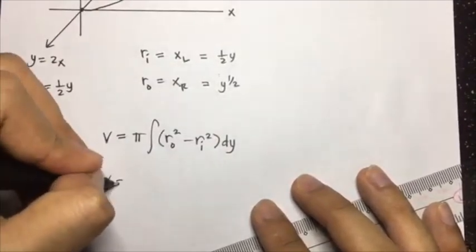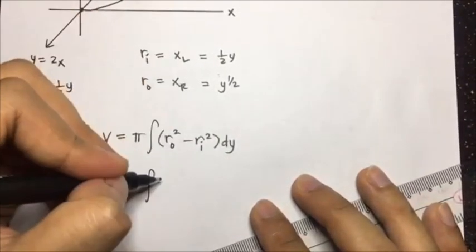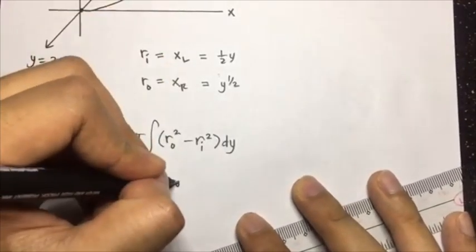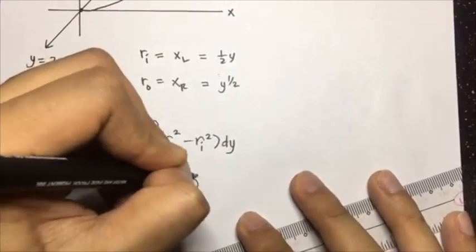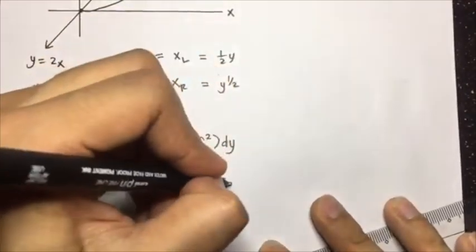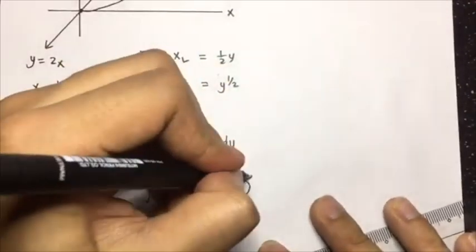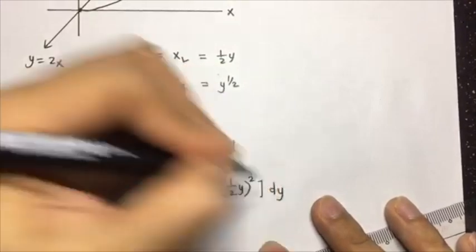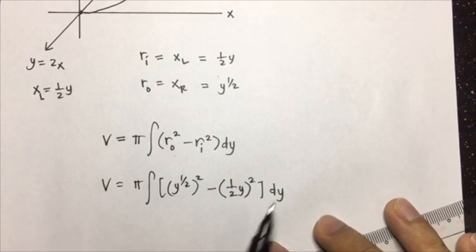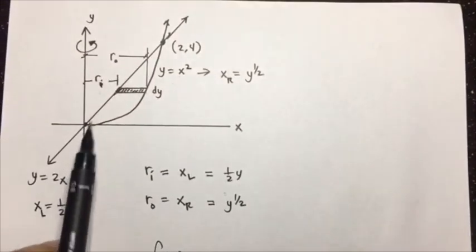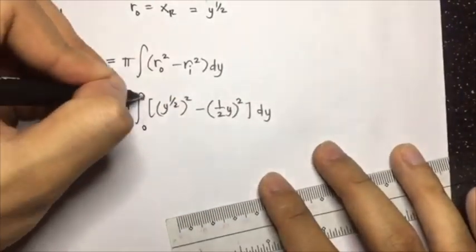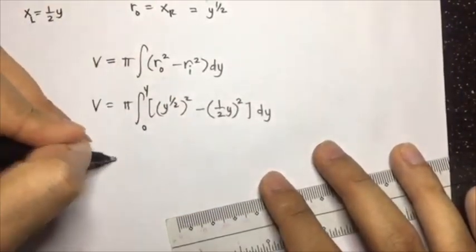Okay, so volume is equal to pi integral of outside radius, that is y raised to 1/2 squared, minus inside radius, that is 1/2 y, also squared, dy. So limits from y is equal to 0 to y is equal to 4. Okay, so therefore it's from 0 to 4. Okay, so V is equal to pi